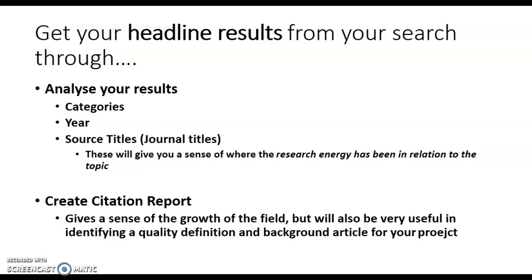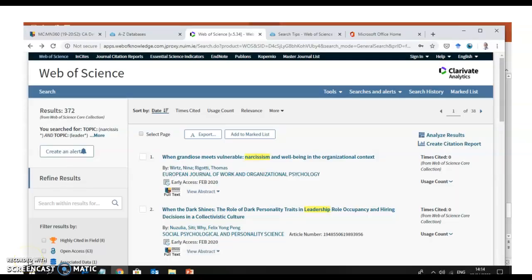but will also be really useful in helping you identify a quality definition and background article for your project. Remember the outline that I talked about for the sample, at the first slide for the sample article, saying, talk a little bit, define it. What is it? Your definition can't be one random one that you pick out of Google somewhere. It's better to say that it comes from a really well-established piece of work in the field that you're studying. So again, where you find those, once you've completed your search, your analyze results button up